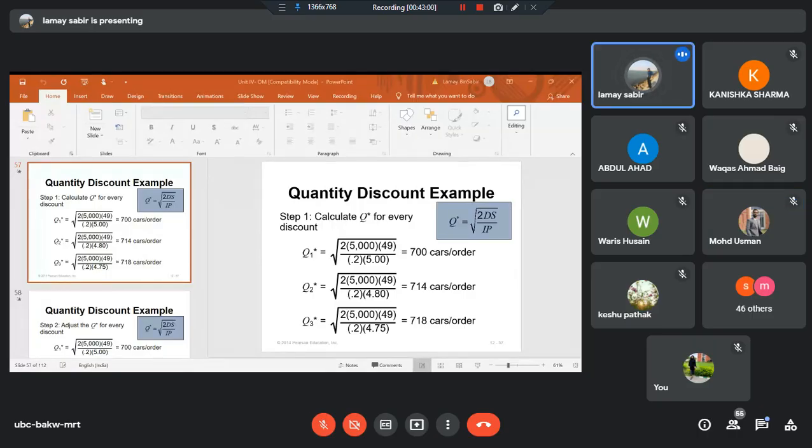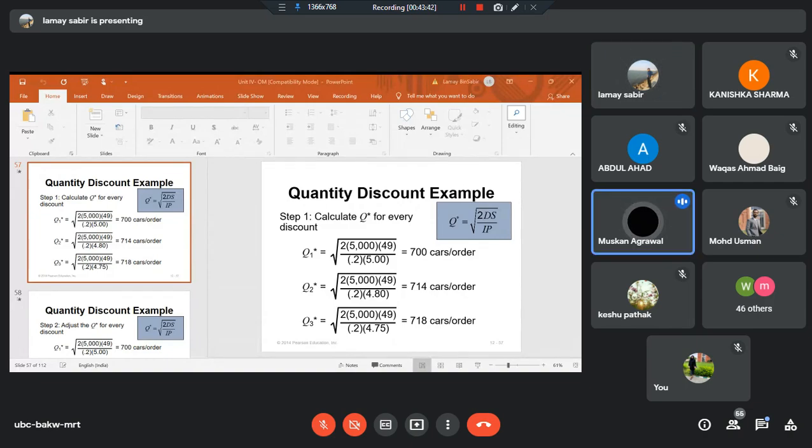And there is no sense. Whoever among you answers this question will get a 100 rupees prize from me. Q3. 100 rupee token prize. I'm not asking you which answer is best, Q1, Q2, Q3. I'm asking you the reason. How do we find out? Right now we don't know. Right now I don't know whether 700 is best, 714 is, or this last one. I don't know. Sir, to avoid the contingency. No, not all this. Tell me the thing that relates to inventory, not inventory contingency and all this, these are all generic things. Talk in terms of inventory management, which you have learned up till now.